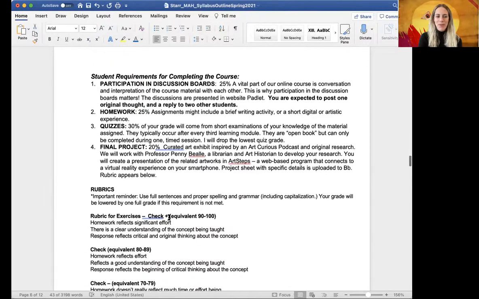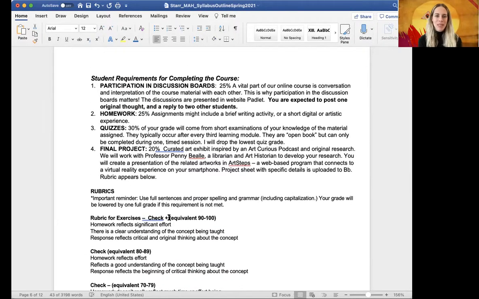Here is a breakdown of grading. Participation in those discussion boards is 25%. Like I said, I really like us to forge a class community. Homework is 25%. Quizzes are 30%, and your final project is 20%. And I also want to say